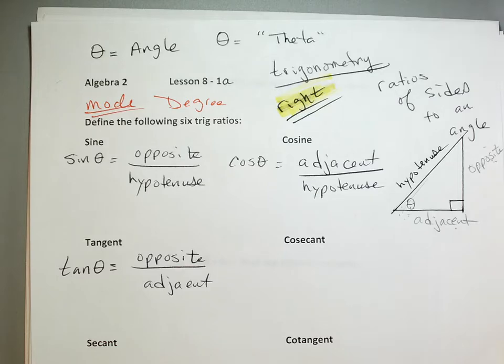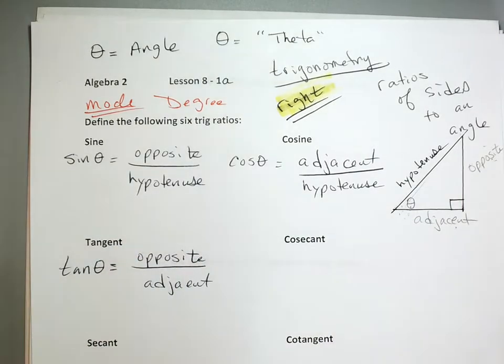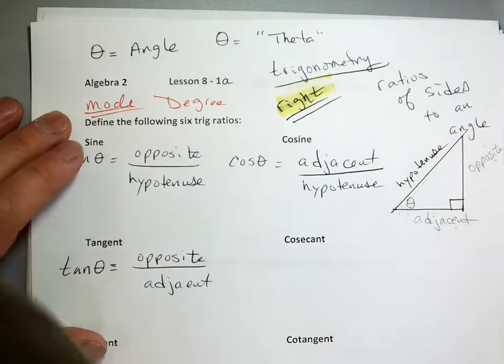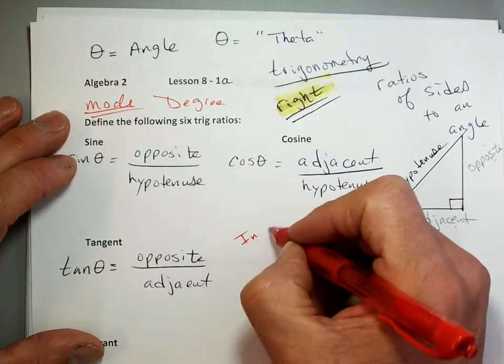Now, these are new words: cosecant, secant, and cotangent. And they're the opposites of these three, the inverses. So these are the inverses. These are the inverses, the multiplicative inverse